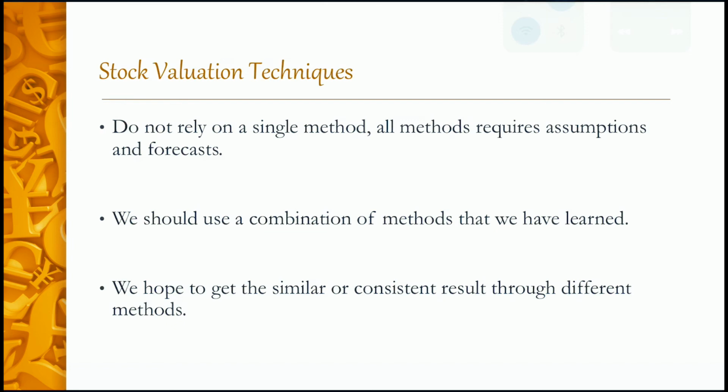So the best thing that can happen when we have several methods is to have consistent results through different methods, but sometimes that might not happen because the assumptions for each of those methods might be